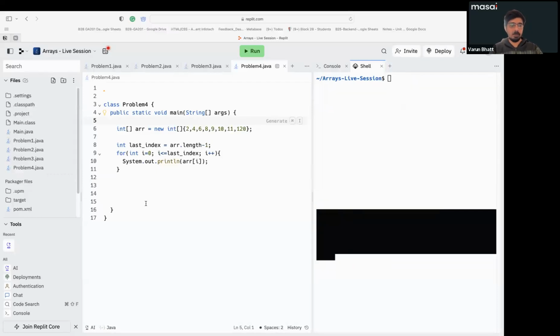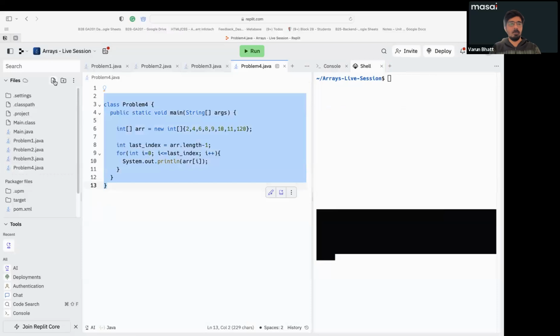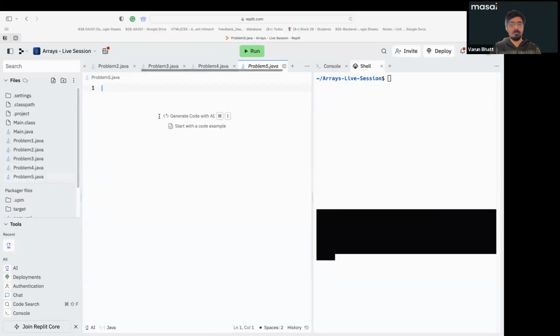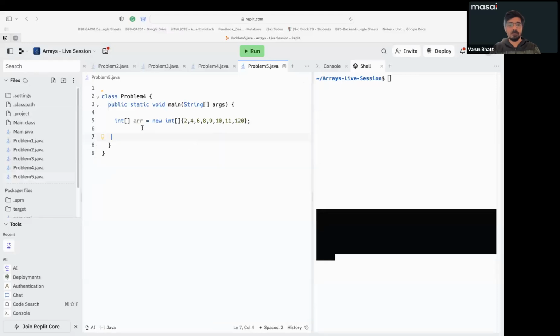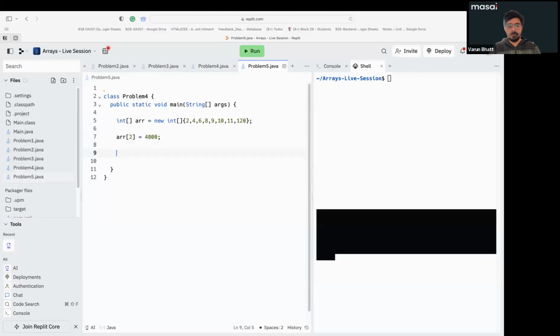So guys, till this point, I think we have already seen this in the pre-class also, and here I have taken this thing again. अब इसमें एक चीज और I just want to tell you, like suppose problem 5.java. Suppose there is an array, and if you want to update any element, any position, then what you can do is you can directly write array of that position. So if I want to update the second value with 4,000, what will happen? Like if I just print it,